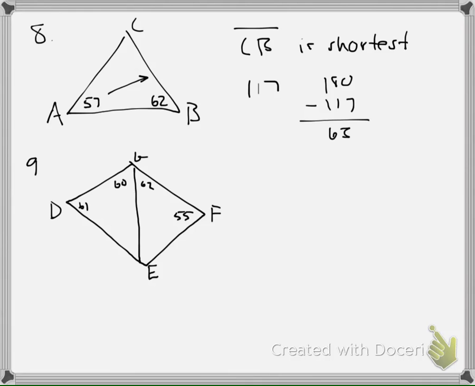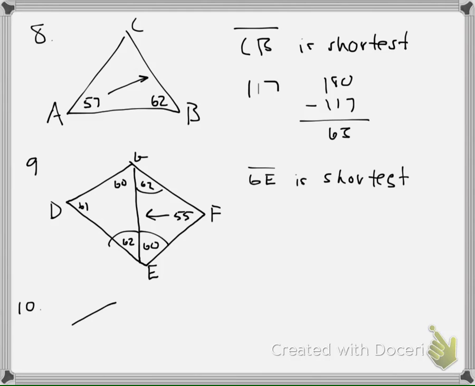And then, since we know alternate interior angles are congruent, 62 would be congruent to both, and then that would be 60. So the angle opposite 55 would be the shortest, so GE is shortest. So that's the answer for number 9, and then 10